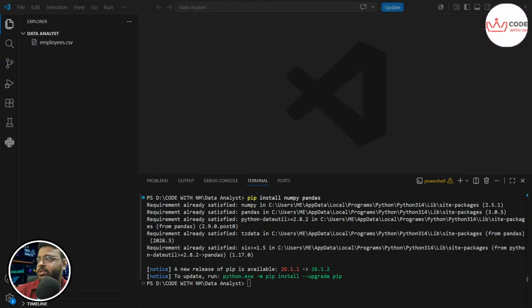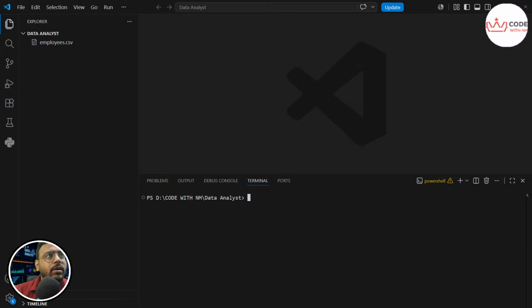Those who are not sure what this pip install NumPy and pandas is, let me give you an example. Think of it like installing an app on your phone before you can use it. Pip is nothing but the Python app store, like your Play Store, or if you're using an iPhone, the App Store. It downloads a library from the internet and installs it on your machine one time only. The same thing you do on your phone, installing Instagram, WhatsApp, or whatever application, it's the same thing here.